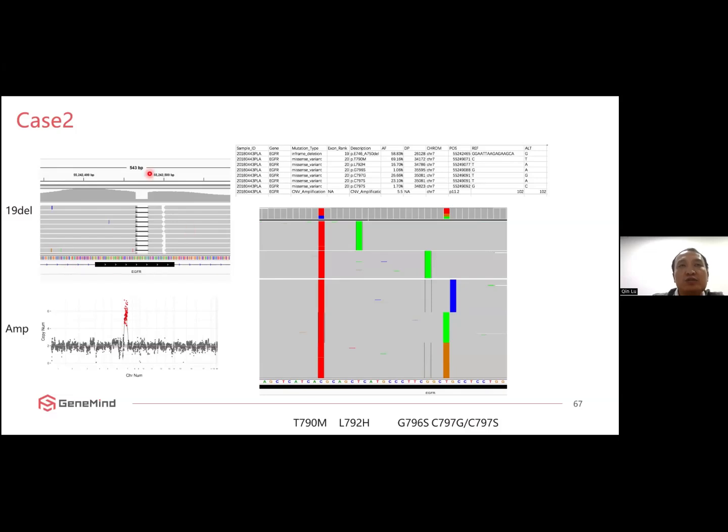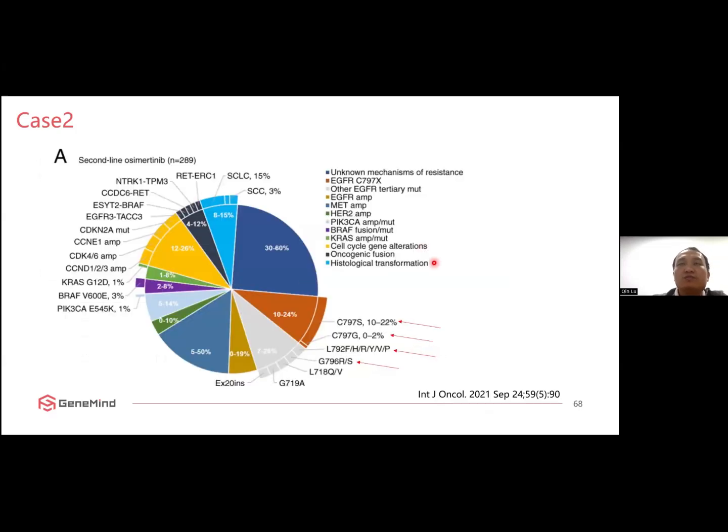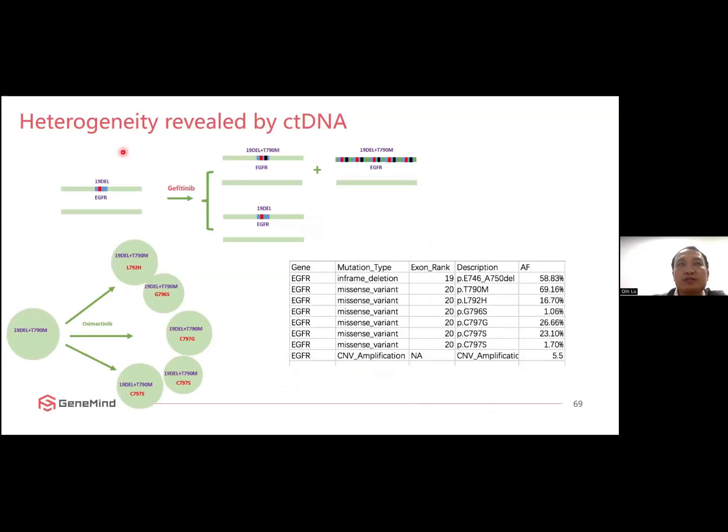Firstly, he had 19 Del, and he received gefitinib. Then he got resistance, and we found he had amplification of EGFR, and a very complex spectrum of variants. We could see T790M and L792H, and these variants accumulated in this location. Based on these findings, these mutations are very frequently seen associated with osimertinib drug resistance. And based on the variants we found in our liquid biopsy results,